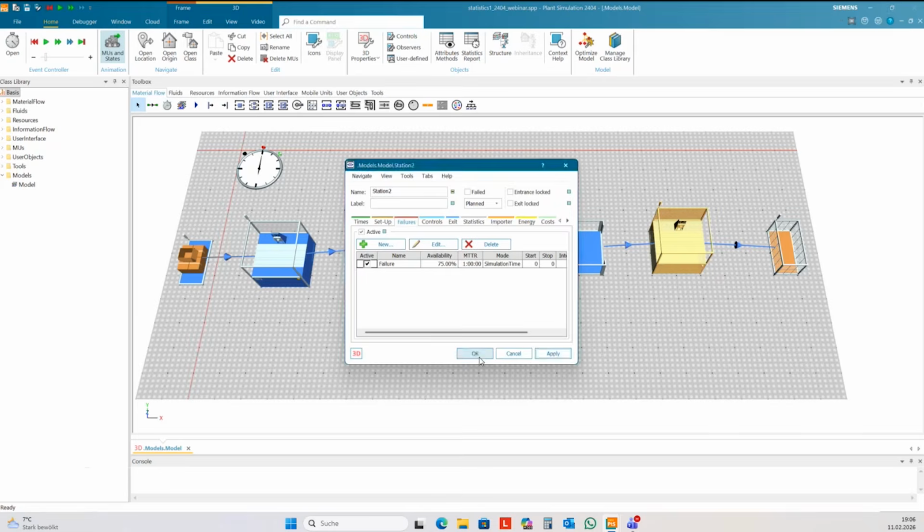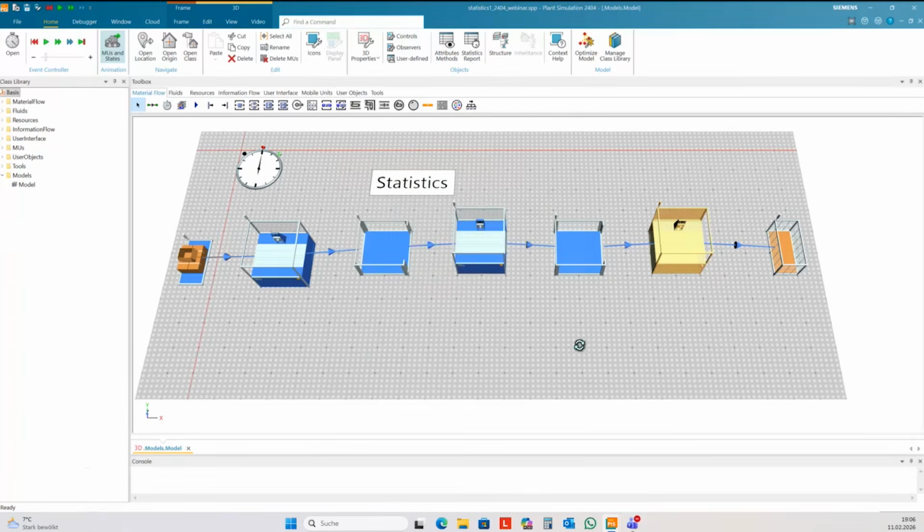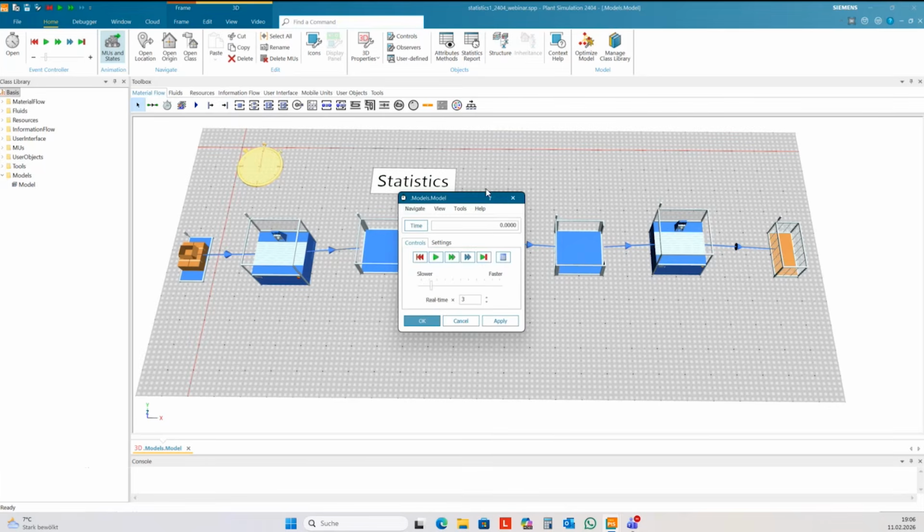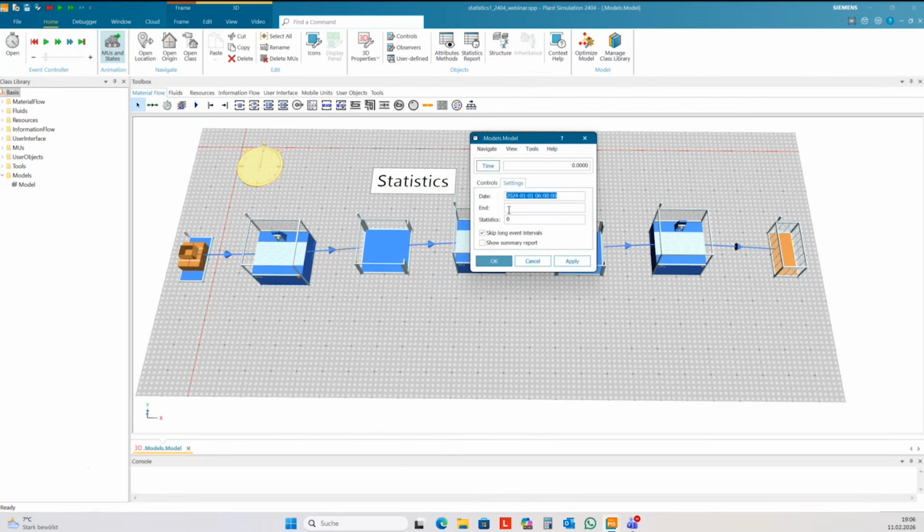So we have some statistical values for evaluation. Then I set an end in my event controller of 100 days, and a statistic reset of 1 hour.